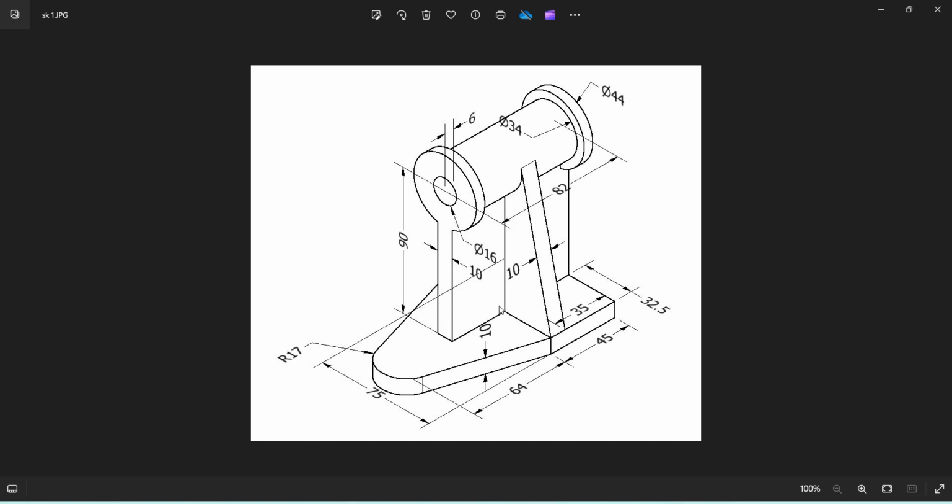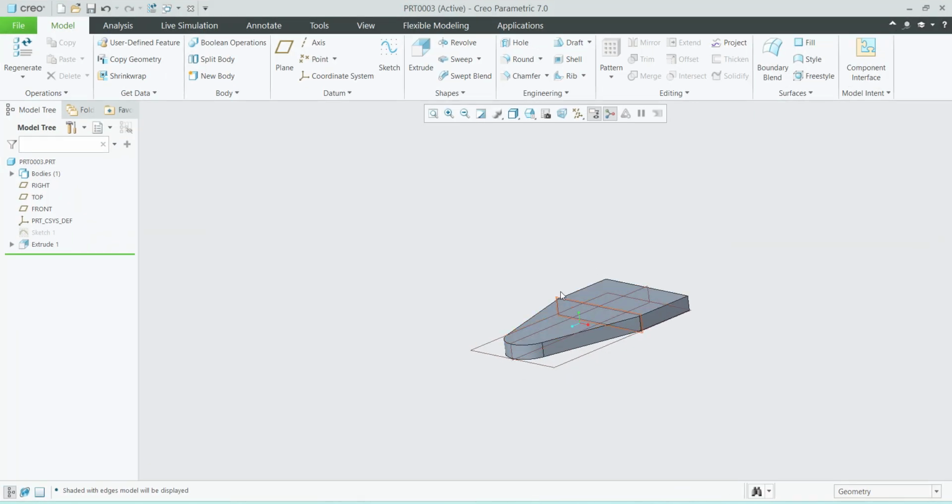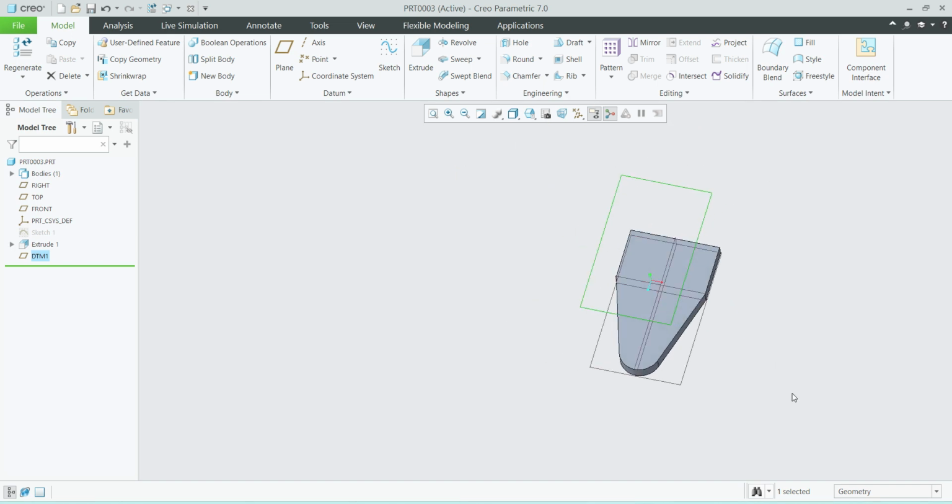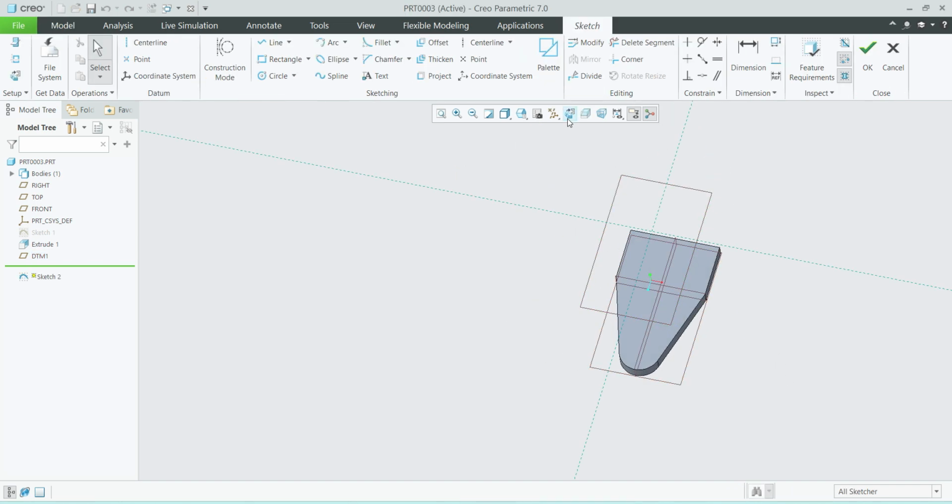Next you can see there is one circular part from the 90 mm distance, diameter 44 and 34, length is 82 mm, inner diameter is 16 mm. So for that take one plane, select plane, distance is 90 mm. Okay, select plane, sketch,